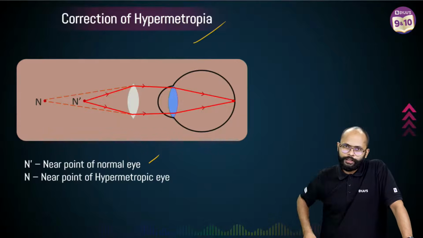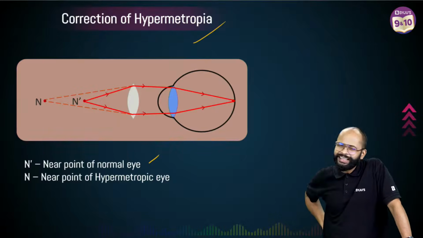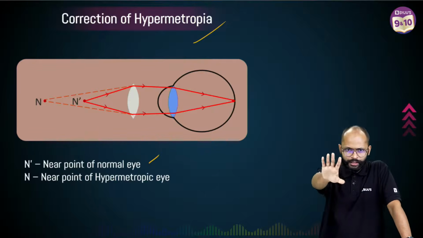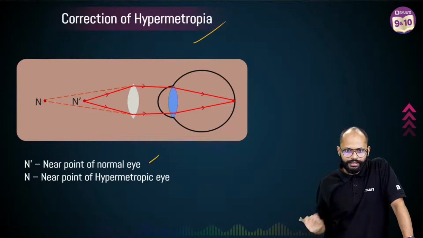अब क्या हो रहा था? Near point of a healthy eye is 25. We all know that, है ना? Near point for a healthy eye is